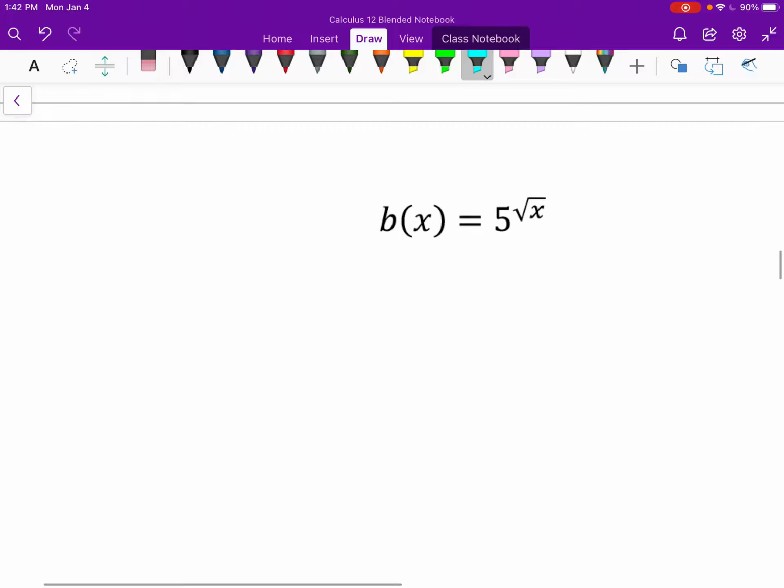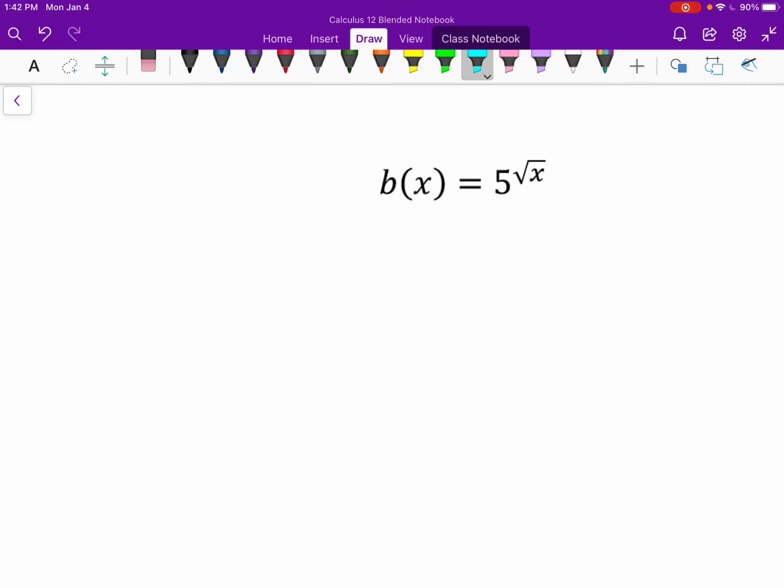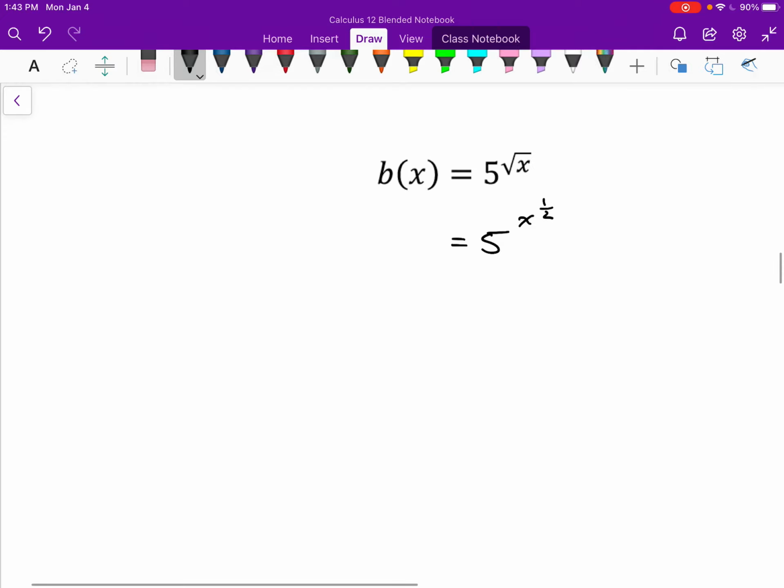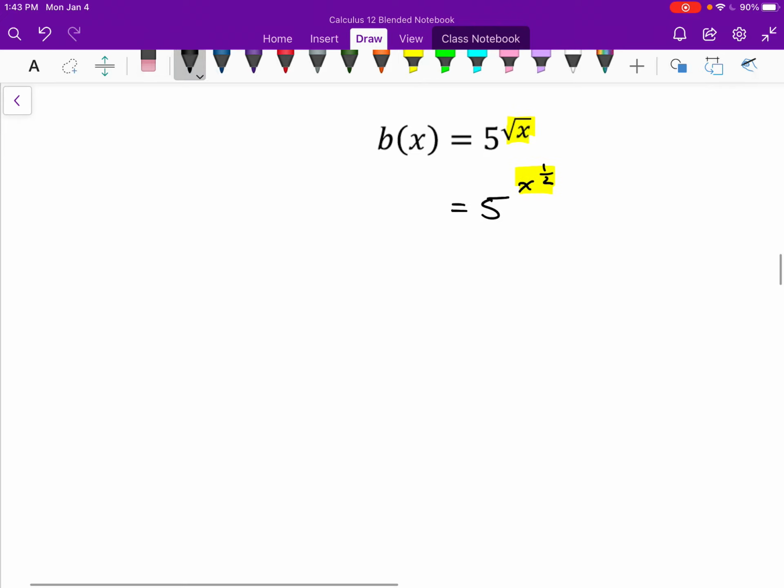OK, let's look at this function: 5 to the power of root x, which I'm going to rewrite as 5 to the power of x to the 1/2, because anytime I want to deal with derivatives, I find it easier to deal with exponents, because I can use the power rule, than radicals. How am I going to differentiate this? Again, I've got to use the chain rule at some point. I have a radical function inside an exponential function. So if I want to find b prime,